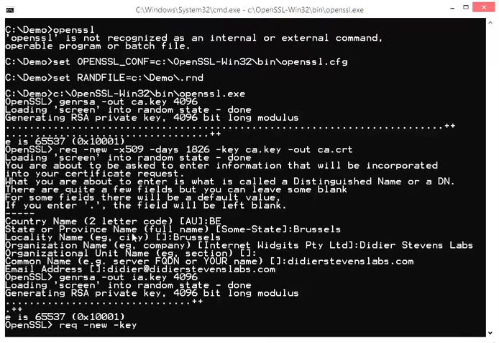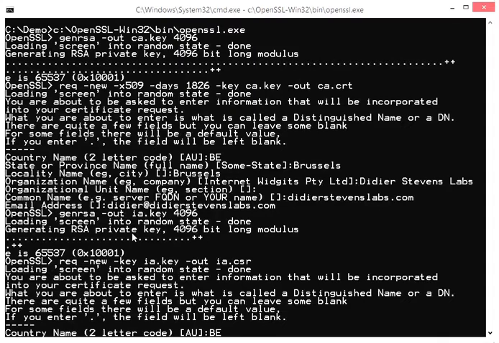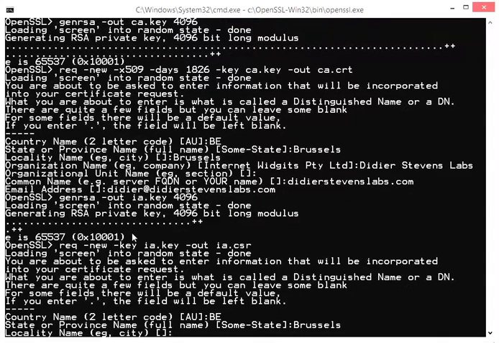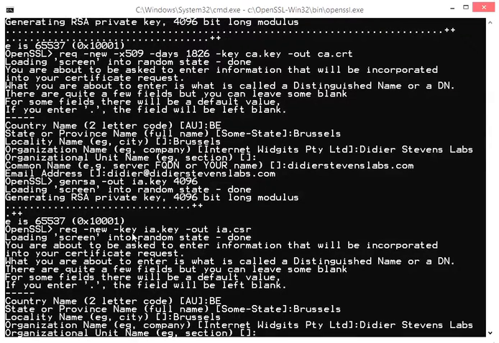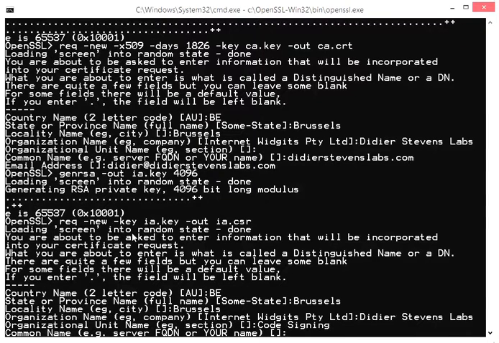The key is the intermediate key, and out is the certificate signing request. So Belgium, Brussels, again Didier Stevens Labs. The OU here, I'm going to say code signing, and the common name now is code signing Didier Stevens